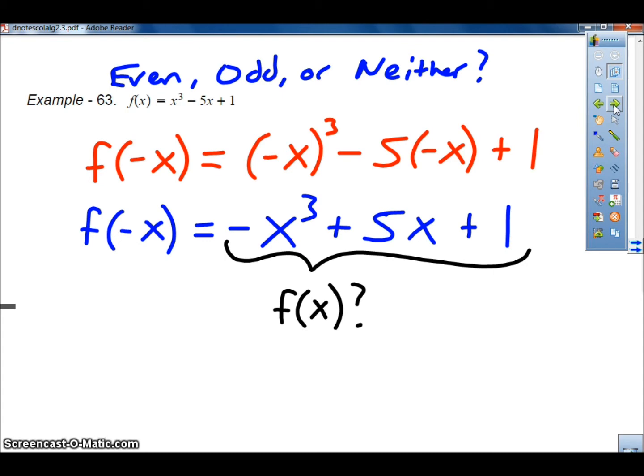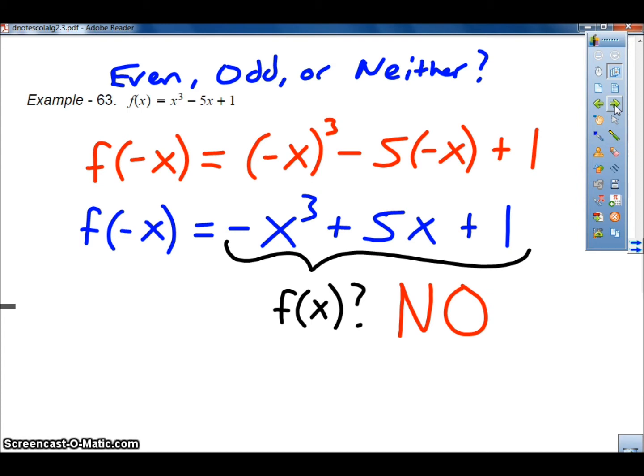The first thing we'll look to see is if this is the same as the original function. If this comes out exactly the same as the function we began with, which is x to the third power minus 5x plus 1, then we have an even function. But you'll notice right away that there are some differences here. The first term in this case is negative, whereas in the original function it was positive. So is this the same as f of x? The answer is no. It is not the same as the original function, and so therefore